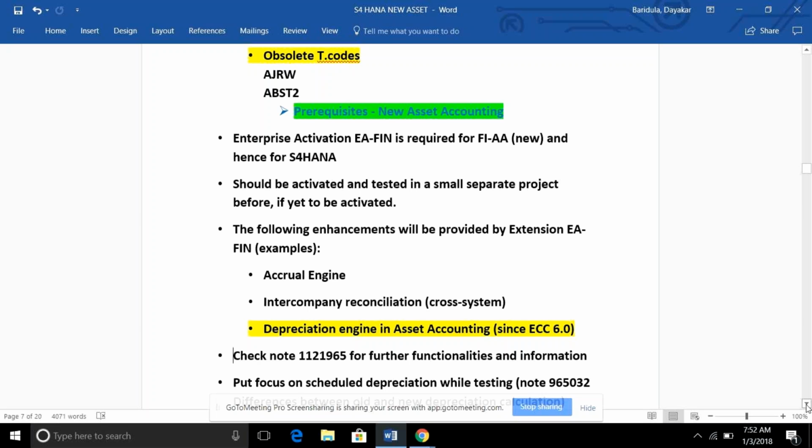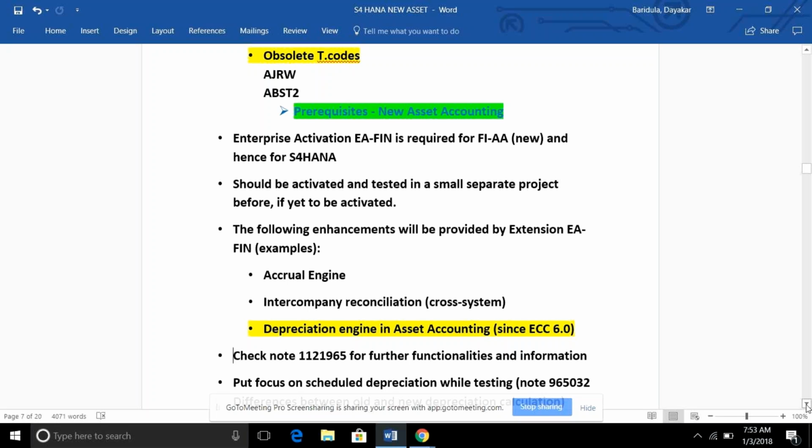Now, if you want to do ABSO, where you post the transactions, for example, if you want to acquire an asset externally or within the company, we can still use the ABSO transaction code, right? And you said yesterday transaction types became obsolete. Then how are we going to use ABSO? If you want to post some transactions on the asset, what are we going to use? Those things also we have. We have new transactions given that I will show you in the system. The new transactions, AB, there are a couple of other transactions also given. So we will see all those things in the system as well.